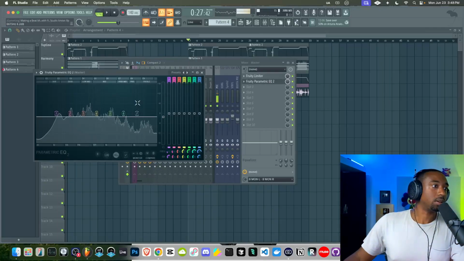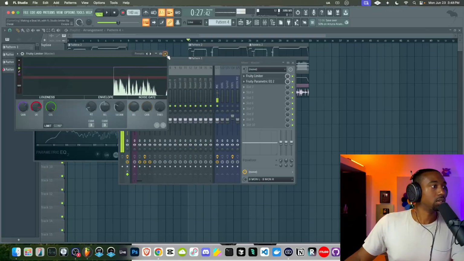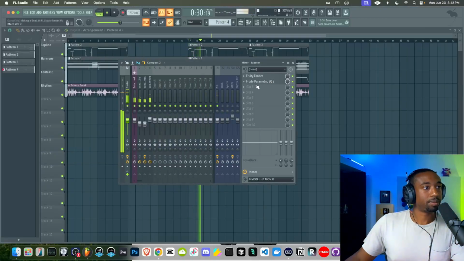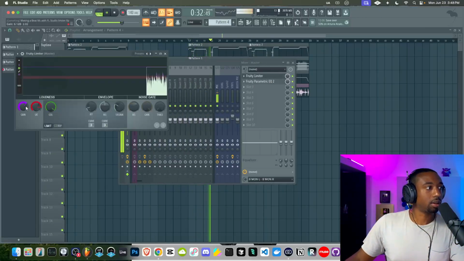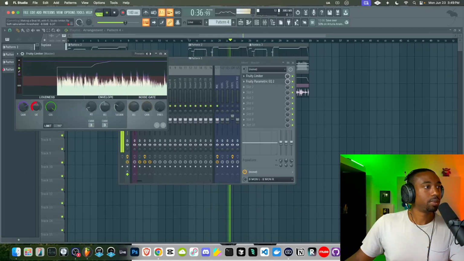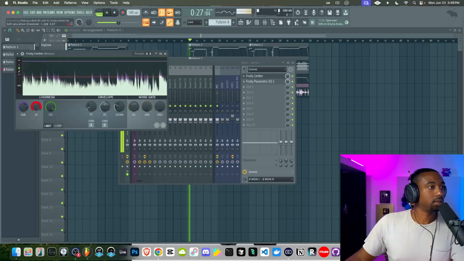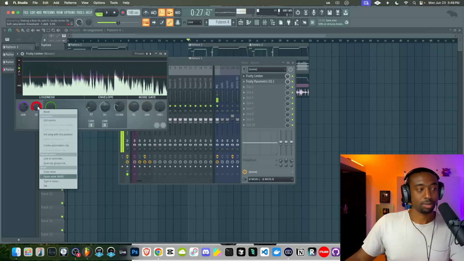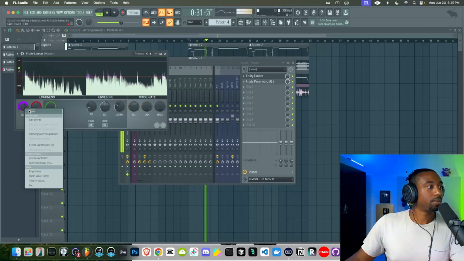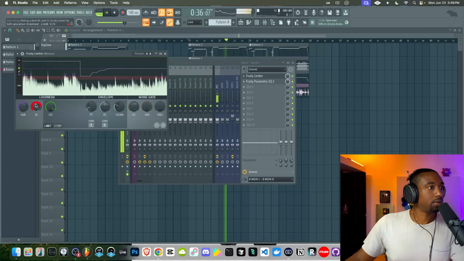So that's the only thing that's annoying about Fruity Limiter, is the fact that we can't just turn the volume down. So I have to use this plugin here, EQ2, just for the gain. So we're just saturating the sound. Now I can go more aggressive with the sound. But the drums are already kind of saturated. We don't want to overly saturate the drums there. All right, so we're just shaving off a little bit of that peak.